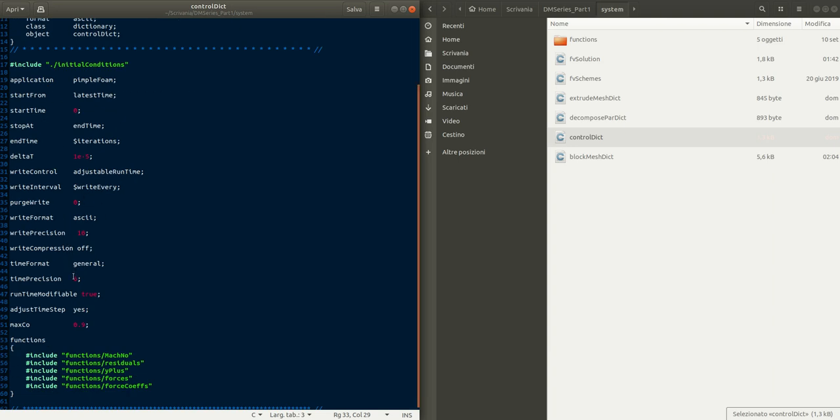I run with an adjustable time step and a fixed Courant-Friedrichs-Lewy number of 0.9. With PIMPLE, you can also go above 1 with this, but in that case, you have to increase the number of PIMPLE iterations, and in order to save some time, put a tolerance that exits the PIMPLE loop if that tolerance is reached. Then you have the functions here,